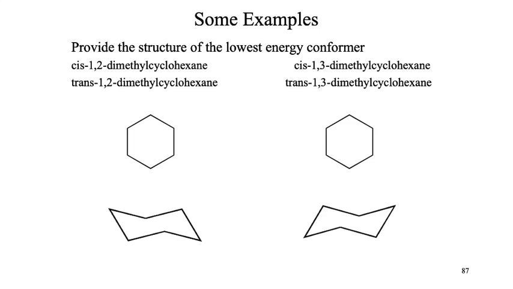I already did that one. So if we went through and were asked, say, for the trans 1, 2, and I want the lowest energy conformer. As soon as I say the word energy, you should immediately be doing what? Newman projection is a big red flag, but this is a cyclohexane, right? I could draw a Newman projection in the cyclohexane, except we spent all that time doing what? To learn that we don't have to do Newman projections for chairs